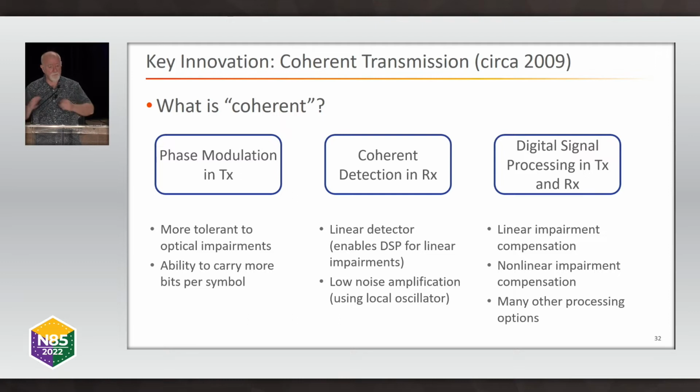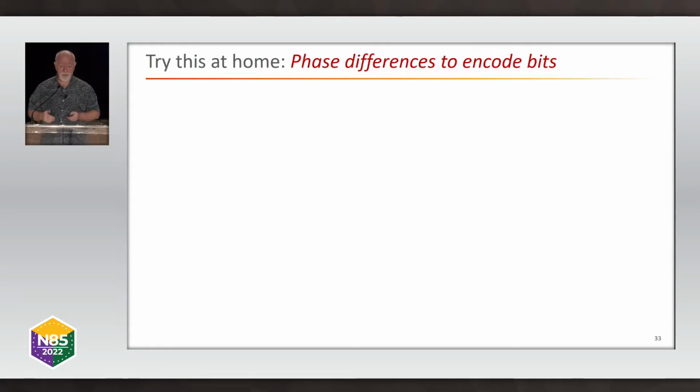And finally, we have this magical digital signal processing. Initially, it was only in the receiver, but in the last few generations of coherent, it's been in the transmitter and the receiver. We can compensate for linear impairments. We can compensate to some extent for non-linear impairments. That's a bit harder. It's very computationally intensive, but we can do a little bit of non-linear processing and lots of other processing options. In fact, I'd like to give you an example you could do at home